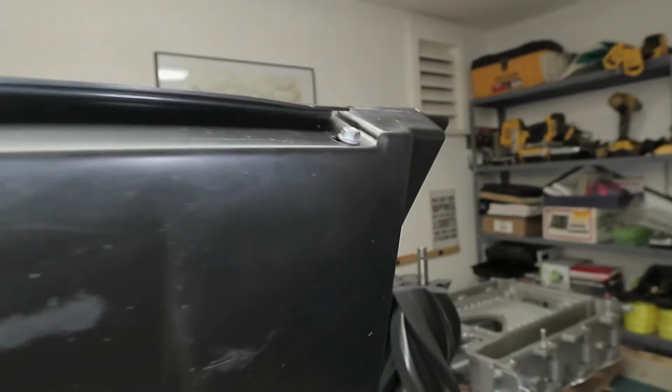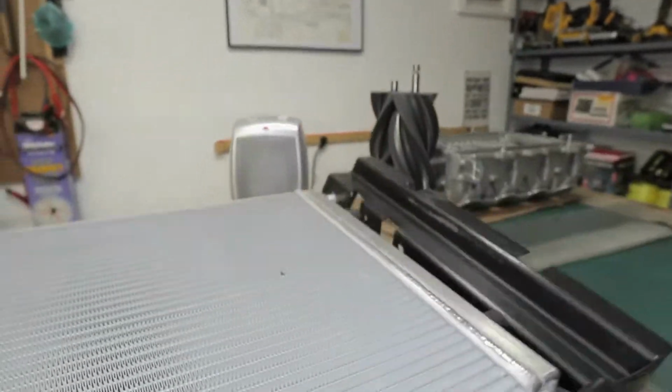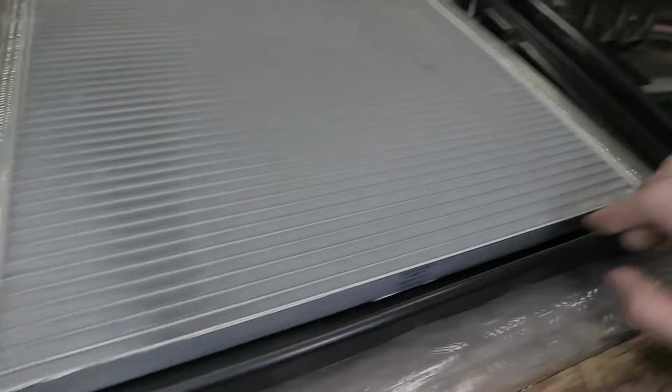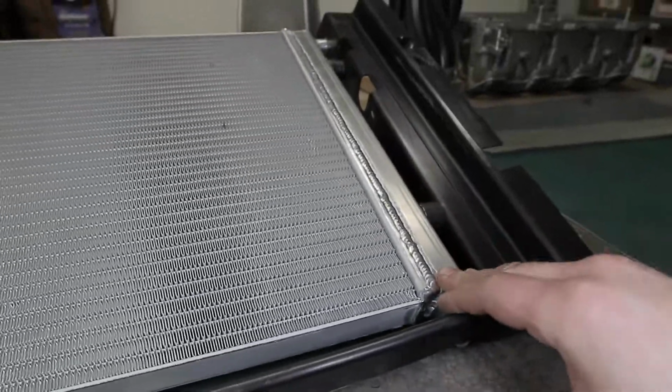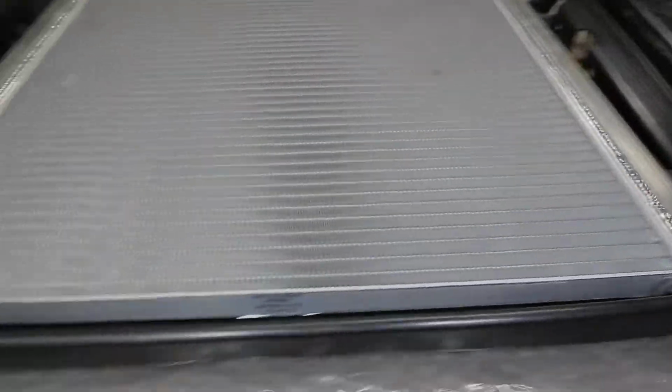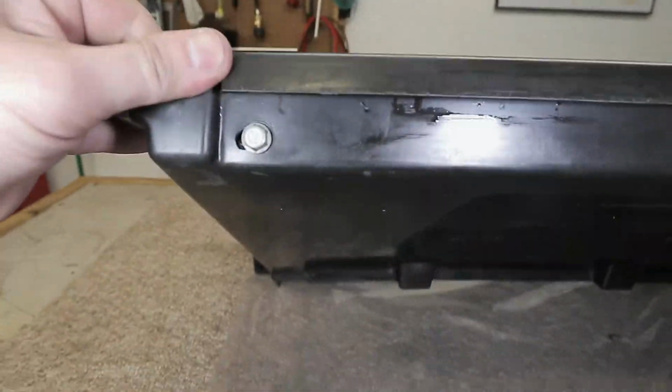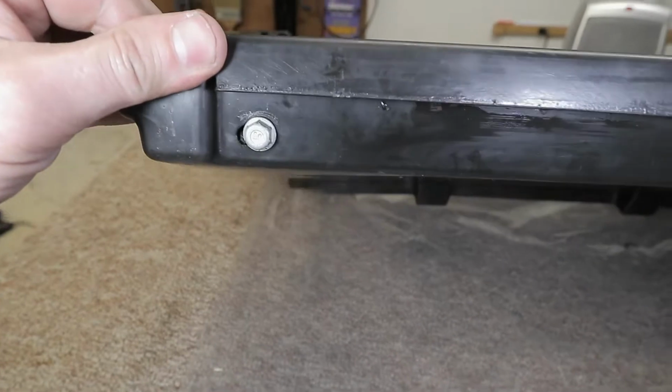It's very subtle, but it does help with clearance, not hitting the AC condenser. So that little bit of an 1/8 of an inch there really helps out. I was trying to gain as much as possible by doing that. So putting a little bit of a bulge in there, and I don't know if you can see it on